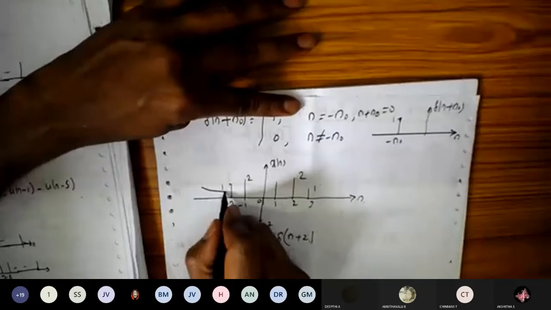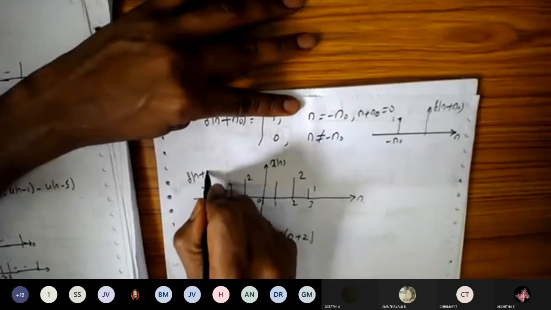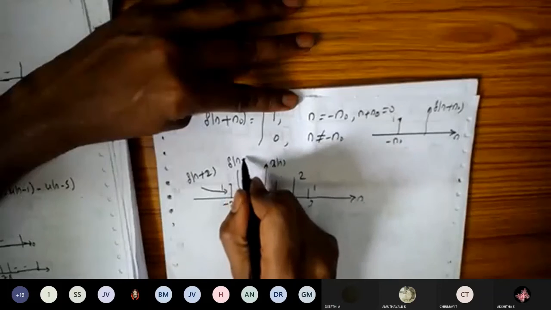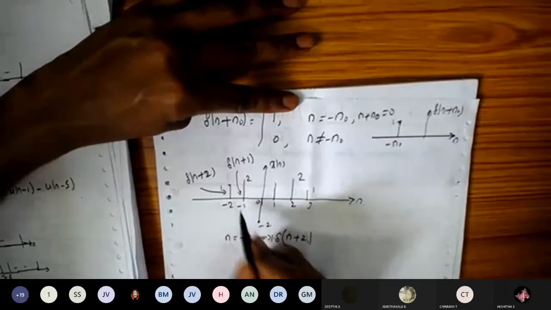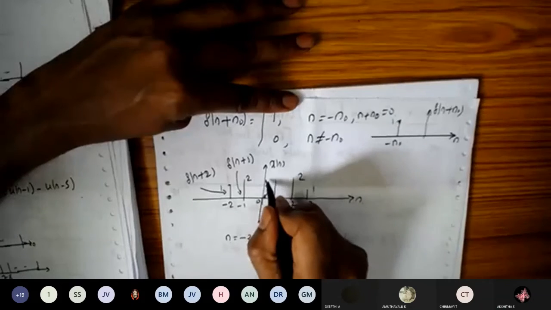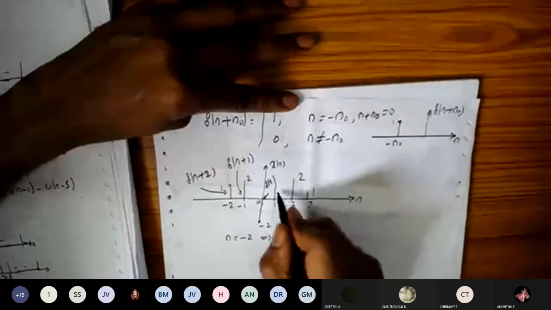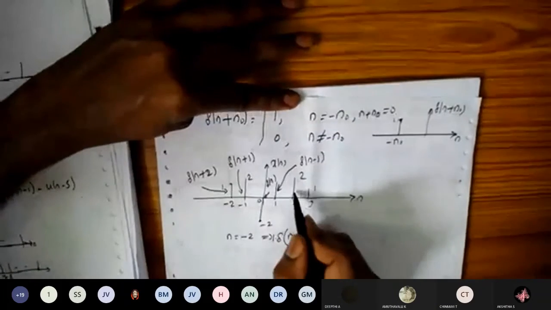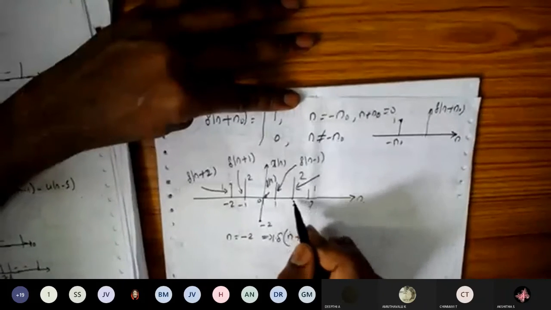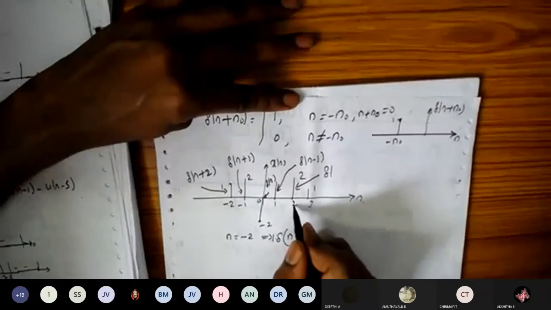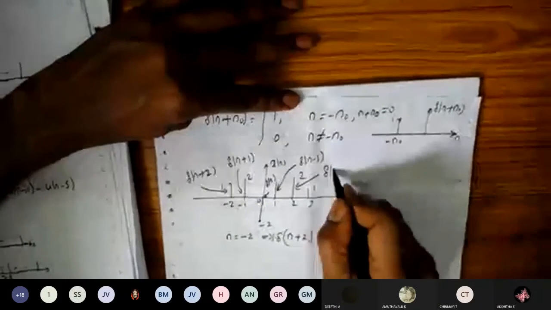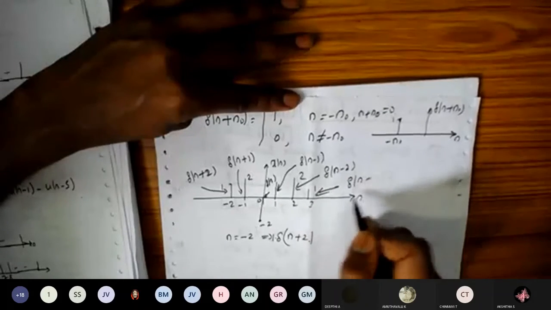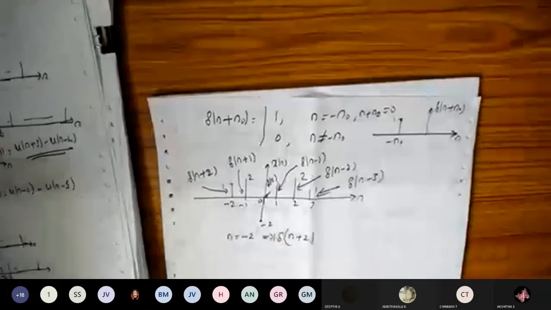So let me write the unit impulse functions. Delta of n plus 2 is this one. This one we can express as delta of n plus 1. This is at delta of n, and this is at delta of n minus 1. Can you tell me how you are going to express this one? What's the value of this one? So this is n is equal to 2. Send 2 this side. Yeah, so n minus 2, very good. So delta of n minus 2. This is at n is equal to 3, so we can define it as delta of n minus 3.